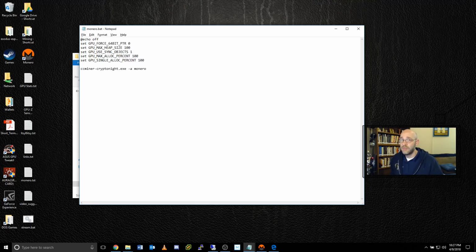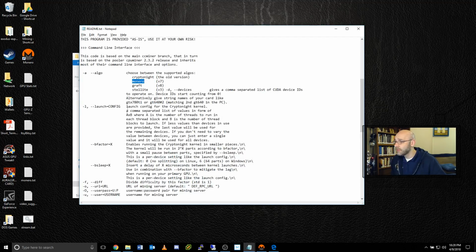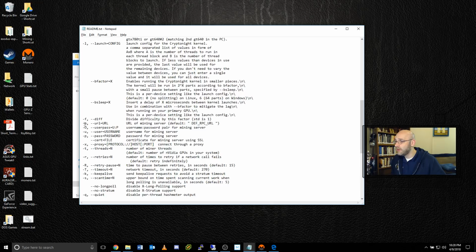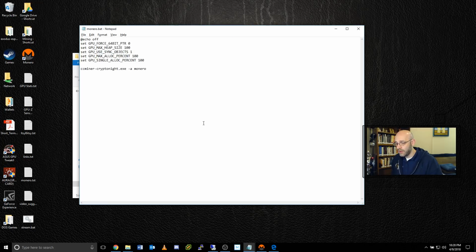The next thing we need to pick is our server address. Okay, and we're going to go back to our README file, and we're going to scroll down until we can see where the server address is. Here it is, -o for the server. All right, so we'll go back over here, -o space, and then for our server we're going to type in stratum plus